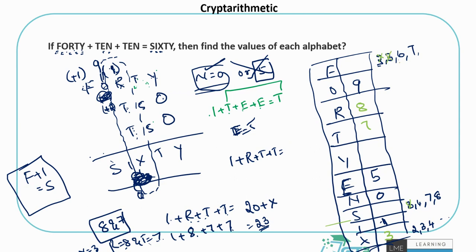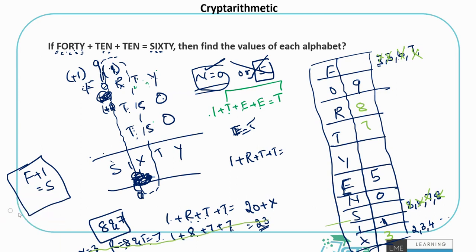Can F be 3? No, because x is already 3, contradicts. So F as 3 and S as 4 is also ruled out. Can F be 6? No. Why? If F is 6, then S has to be 7, but already T is 7. Can F be 7? No, because already T is 7. So all the cases are ruled out. So there is nothing left for F and S to pick. So this case is definitely not an acceptable case for us.